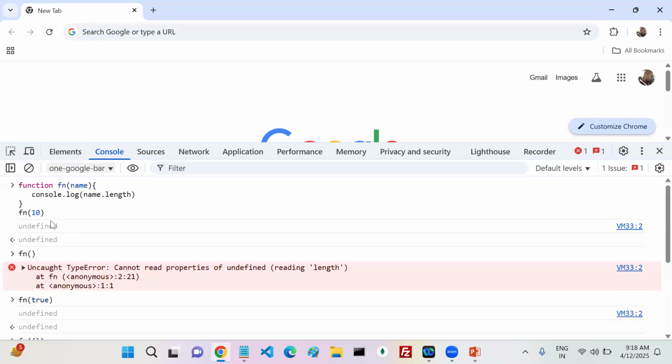But in these calls, is anyone there to alert? I'm expecting a string here, you are passing a number, please change. Is anyone there to alert you in JavaScript? No, right? No one is there to alert me. In JavaScript, there is no type for variables or members, either a variable or a function, whatever it may be.